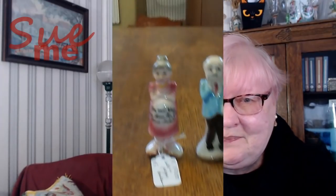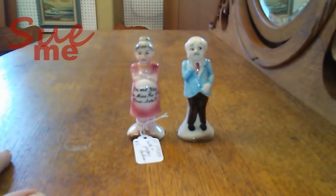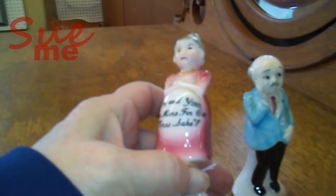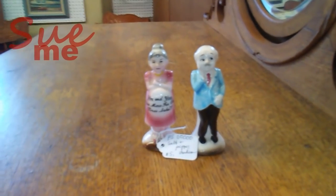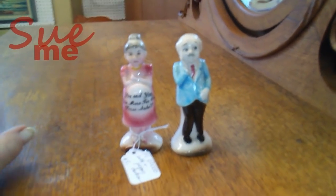All right. Next up, and this is a really interesting little set. Okay, still with Paul. This is typical of the comical mid-century salt and pepper shakers that came in from Japan. And it reads, "You and your once more for old time's sake," and Grandma is, well, she got the bun in the oven here, and Grandpa just looks concerned. $5, I think,